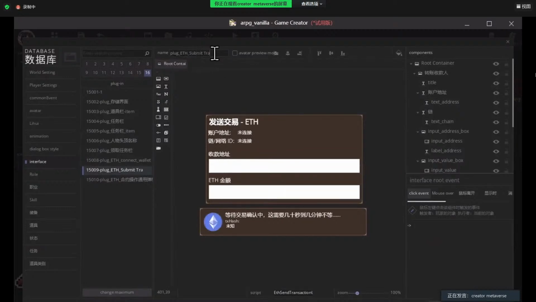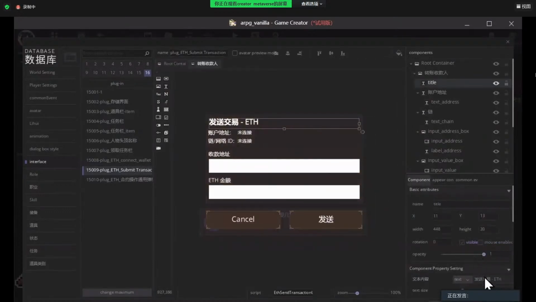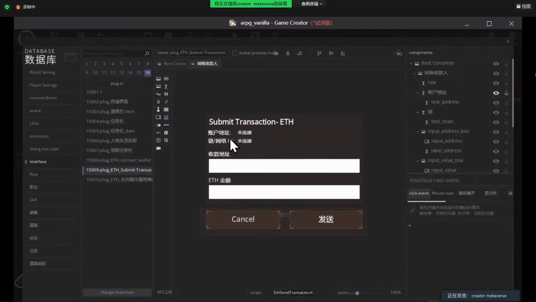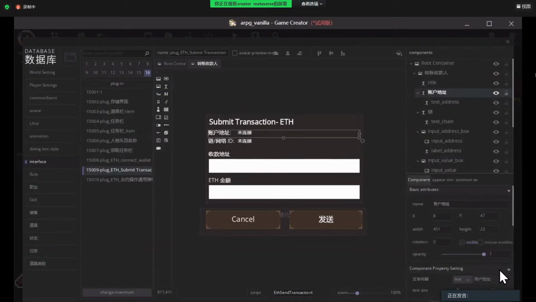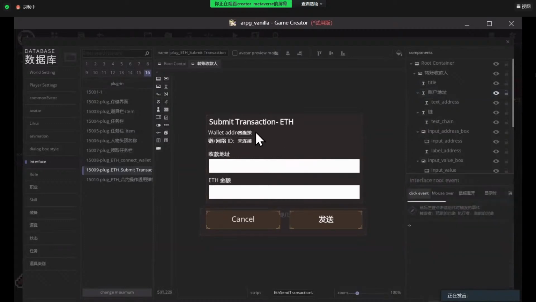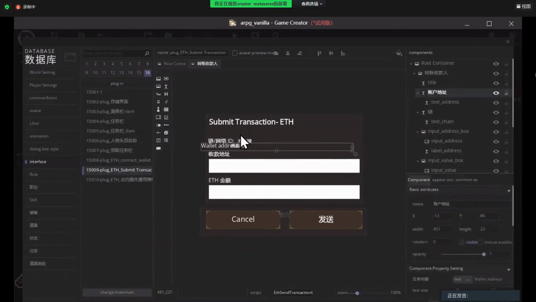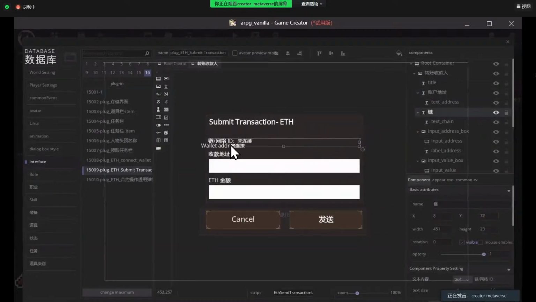Submit transaction. All right. Here is your wallet address. Oops.